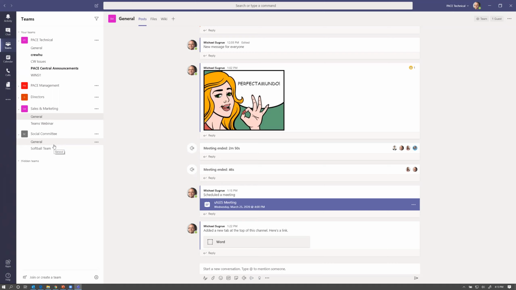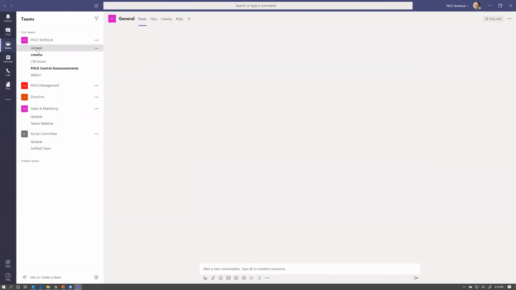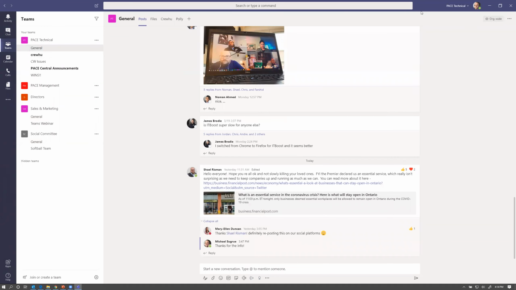And then there's organization-wide teams. So an organization-wide team is a team where all members of your Office 365 account are automatically added to the team. So to give you an example, our PACE Technical General team, you can see up here in the right-hand corner, it says org-wide. So generally, most companies are going to have one org-wide team and or channel that people are a part of.